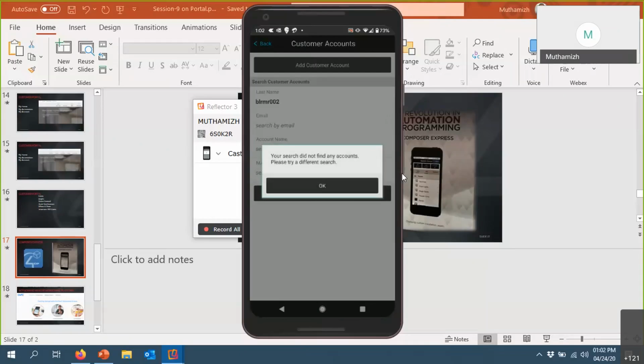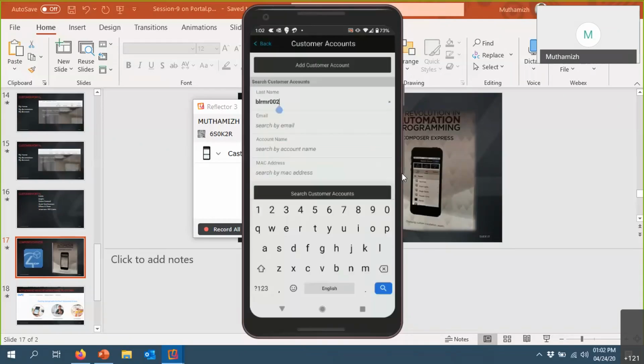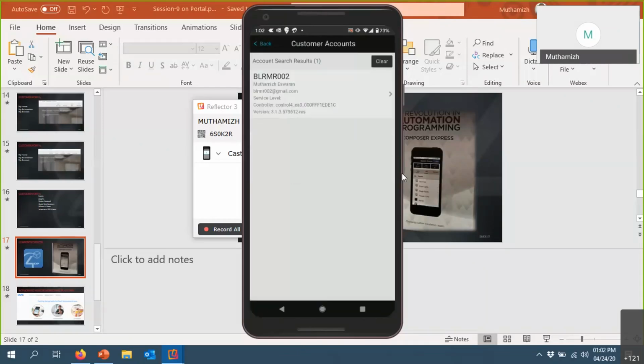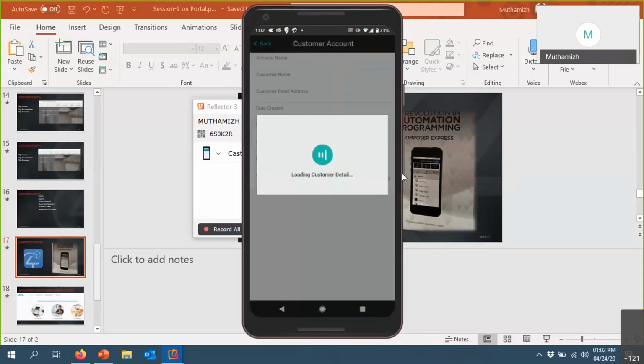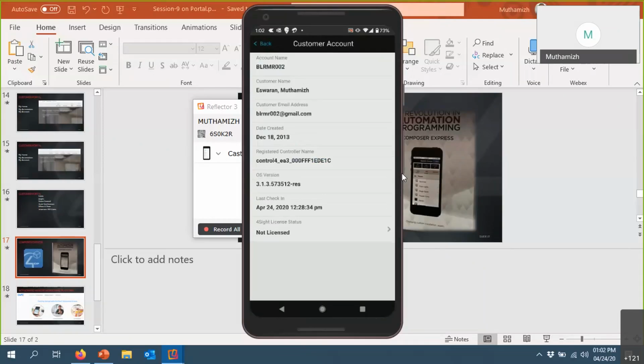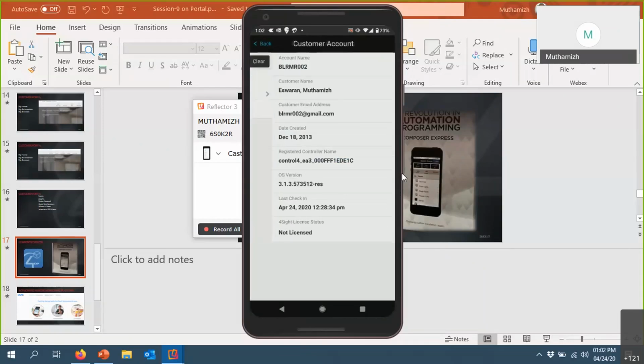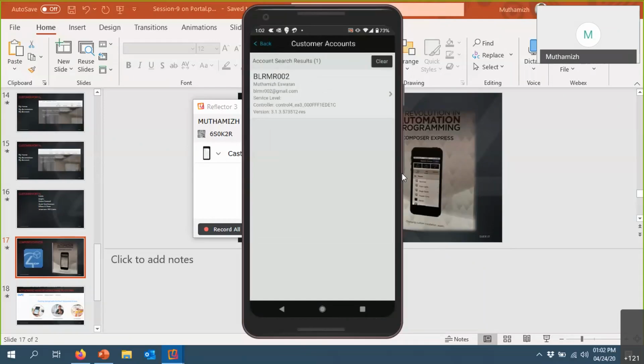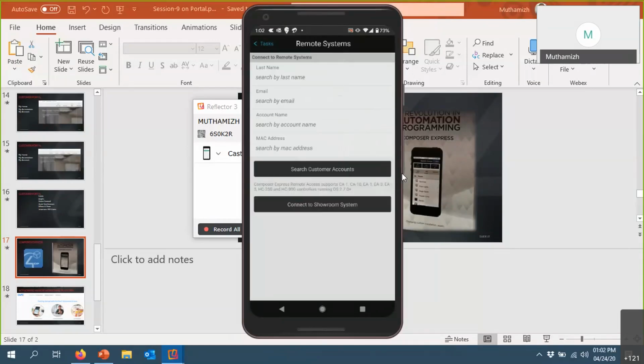Sorry, that's account name. So I'm just searching in DLR. Search my customer, and this shows my customer, and you can connect in, and it will show all the details from here itself. I can be sure what is actually happening with the system, and then I can go back. If you want to connect to your system locally, you can connect in. If you want to connect to the system remotely, you can search in your account name,